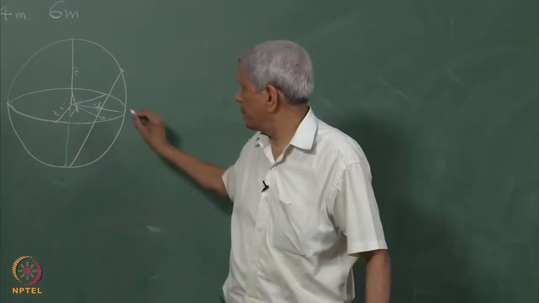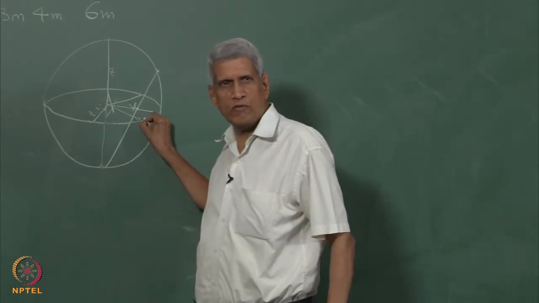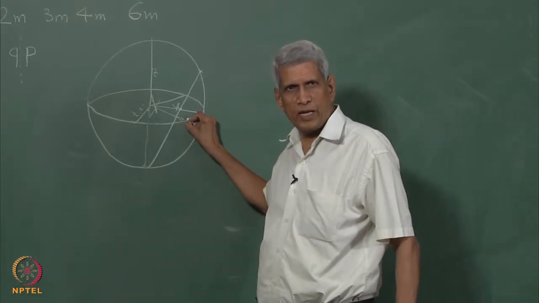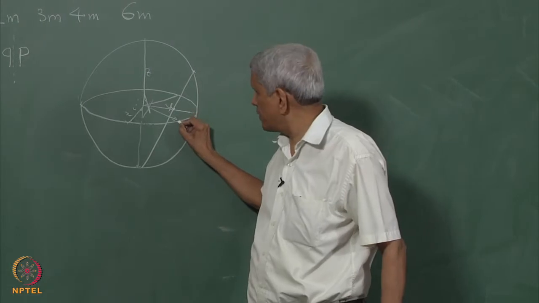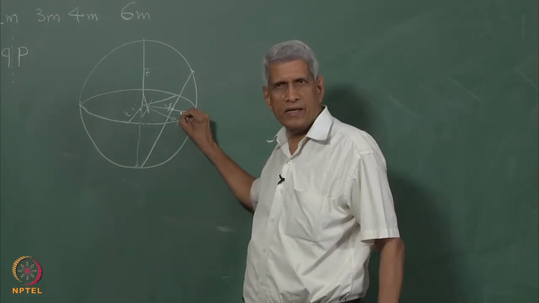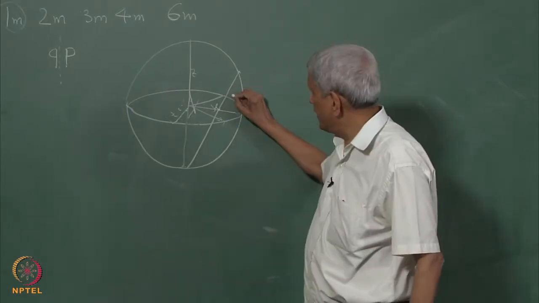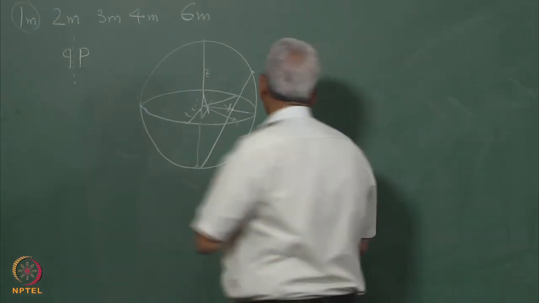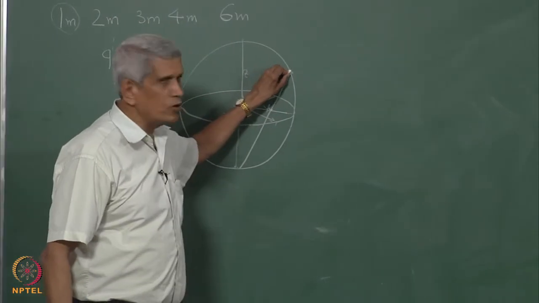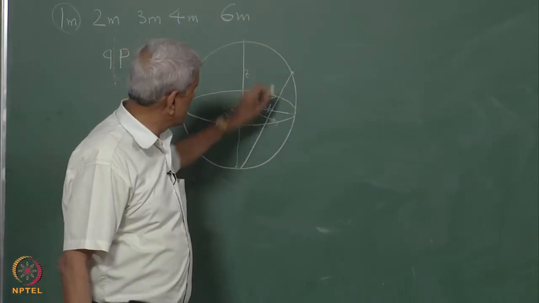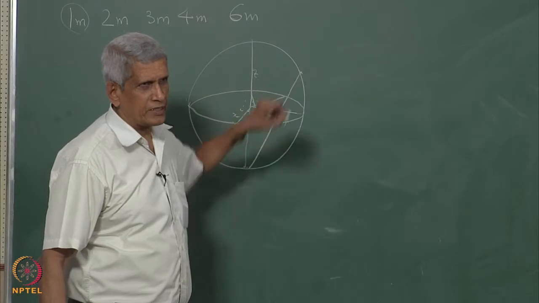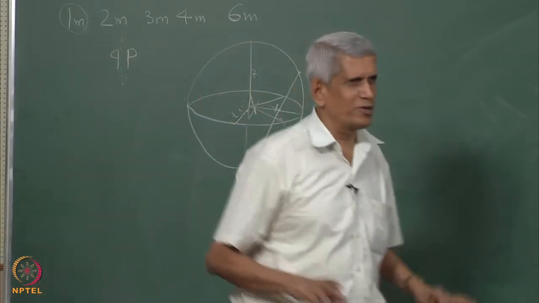Because of that, for a 2-dimensional stereographic projection, any point which we want to represent is represented at the circumference of the circle. Whereas in 3 dimensions, for a pole which is going to be here, its representation will be inside. So, this is the difference which one should notice.